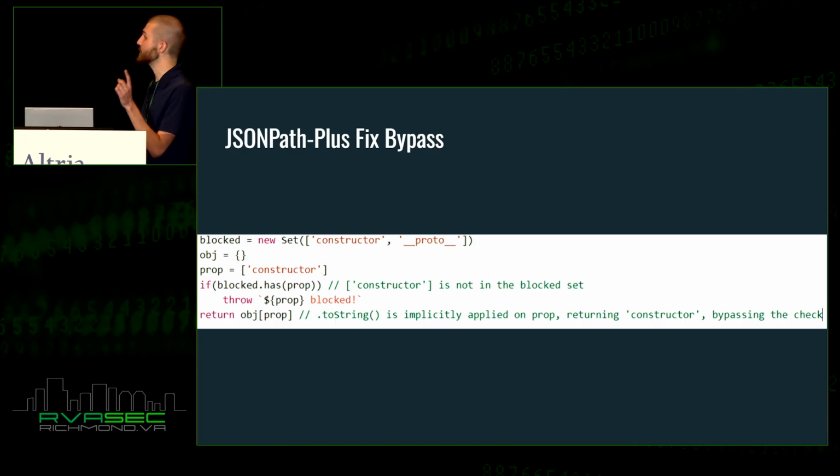Then when we index into obj with prop, toString is implicitly applied on prop. Because this isn't a string, toString is applied on it, which returns just constructor. In JavaScript, the implicit toString handler for arrays takes the string representation of each object in the array and puts a comma between them. Well, there's only one item, so there's no commas added, and it just returns the string constructor, which was supposed